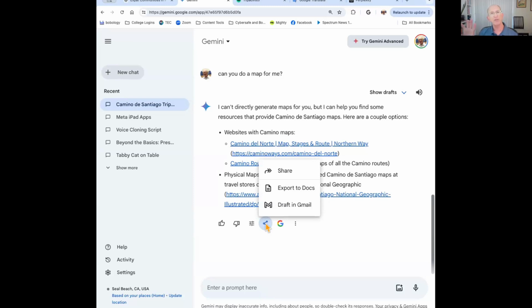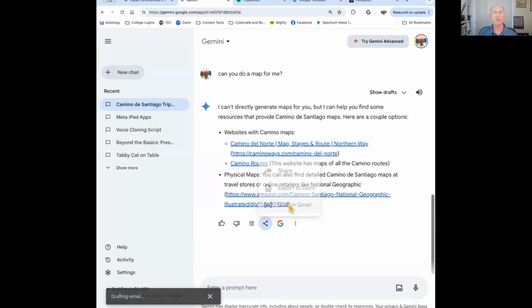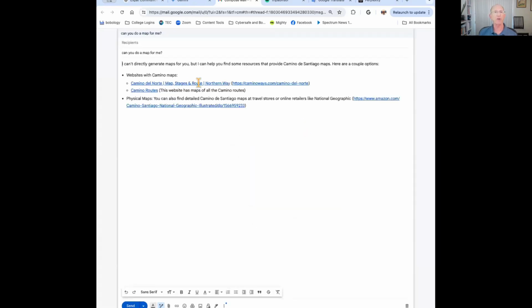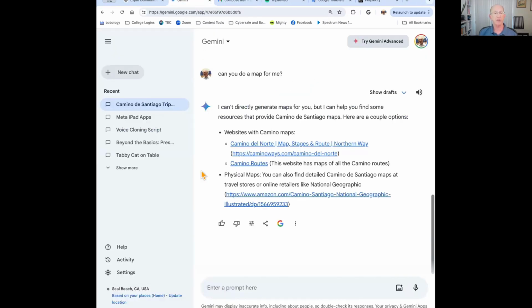One of the advantages of Gemini is that it's a Google product. So if you use Google Docs or you want to create a draft in Gmail, it'll give you the ability to open up Gmail and it already has a draft created for you with the response. You can email that to yourself if you want to. So some things are convenient because of that integration.